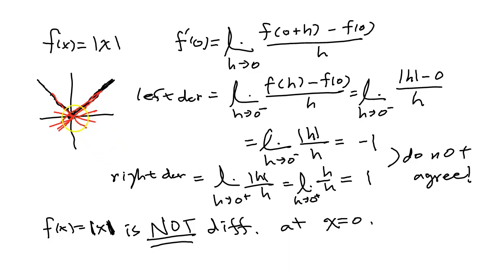Okay, now can we generalize this? Try to think about when this type of non-differentiable point will exist. It will be the case when your right derivative is not the same as the left derivative, and when that happens, that means the graph will have a corner. So think about this case. If you have some kind of curve here, but at this point you have a left derivative different from the right derivative, what would you have at this point? You're going to have a sharp turn, which is also called a corner. So if you have a corner in a graph, that point will be a point where the function is not differentiable.